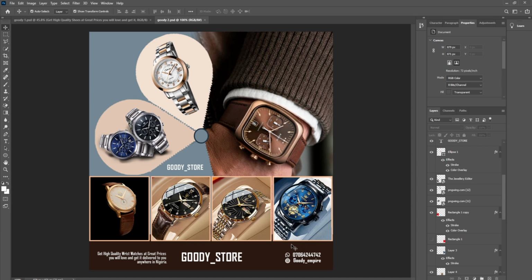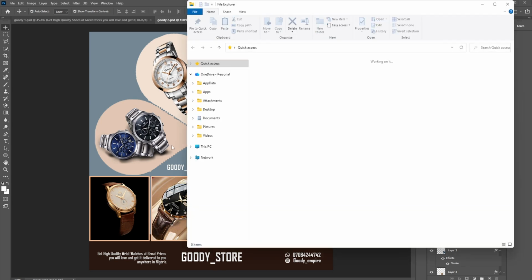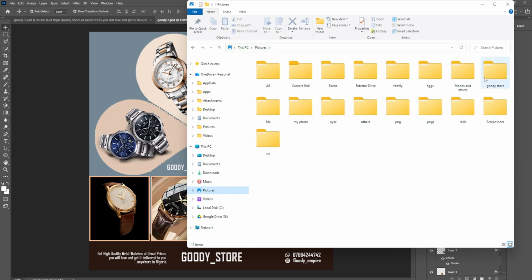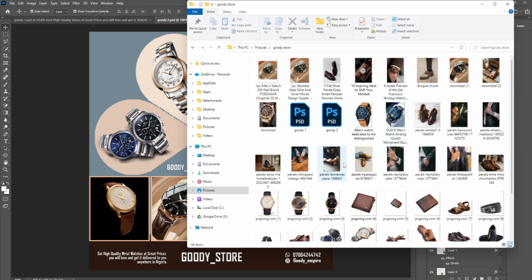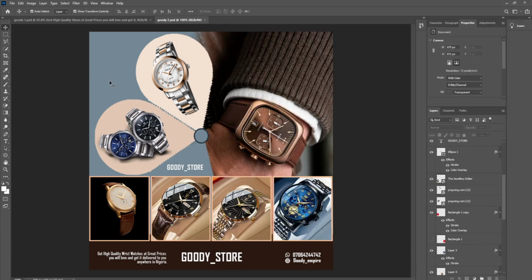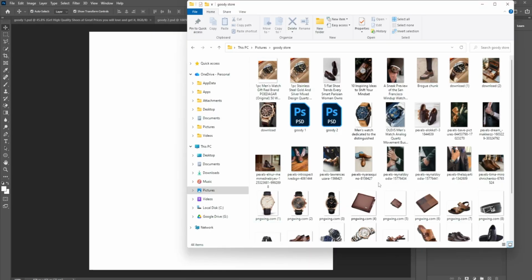So let's see if we can do something for the belt. Let's look at the pictures again. We need the pictures to get an idea. So let's see. Okay, I'm going to do something like this. New document. Okay. So right now we're going to bring one, two,